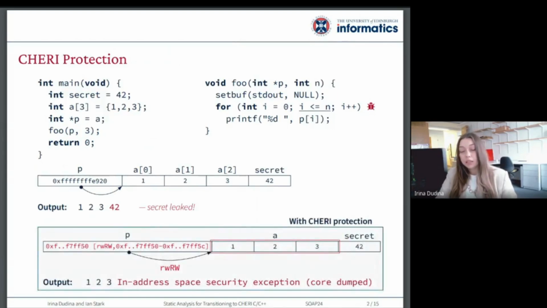Now let's take the same C program without any modifications and just recompile it to CHERI and run on CHERI architecture. So first thing we'll notice is that our pointer now is 16 bytes long and is implemented as a capability. It means that in addition to an address value that points to the start of the array, we also have bounds, so a range of memory addresses of the object that this capability points to, and permissions for the